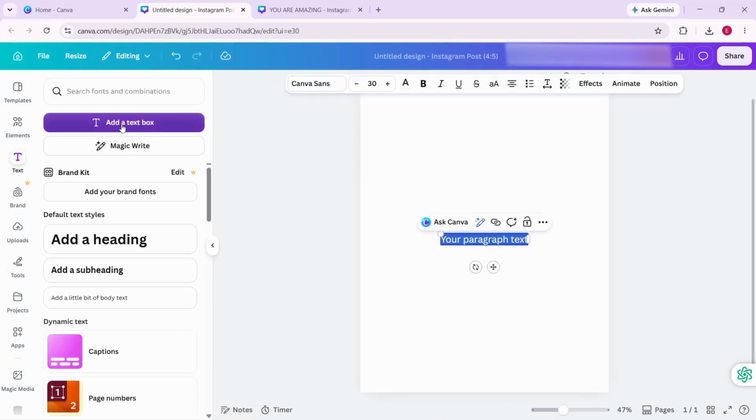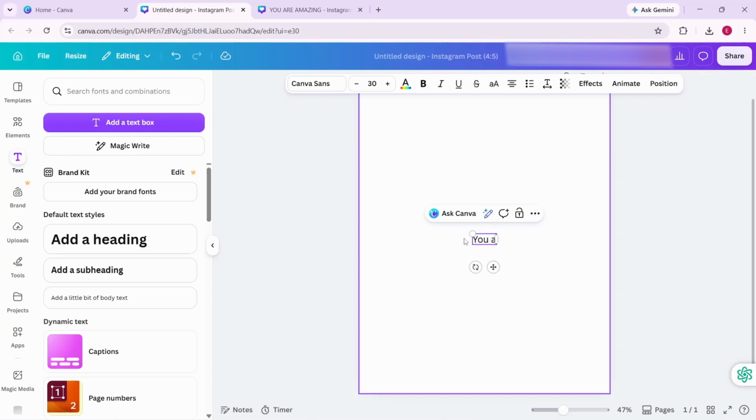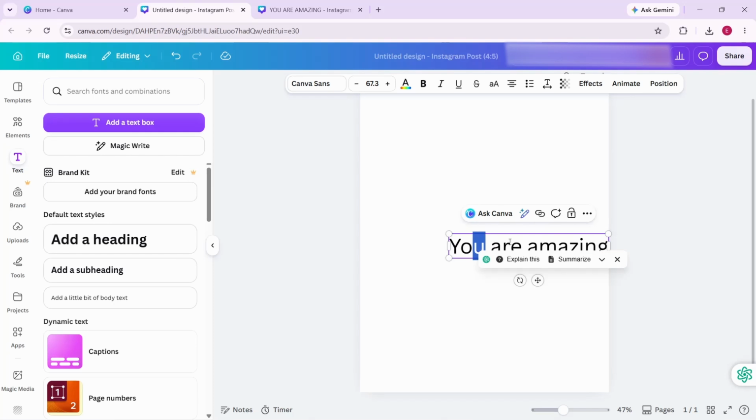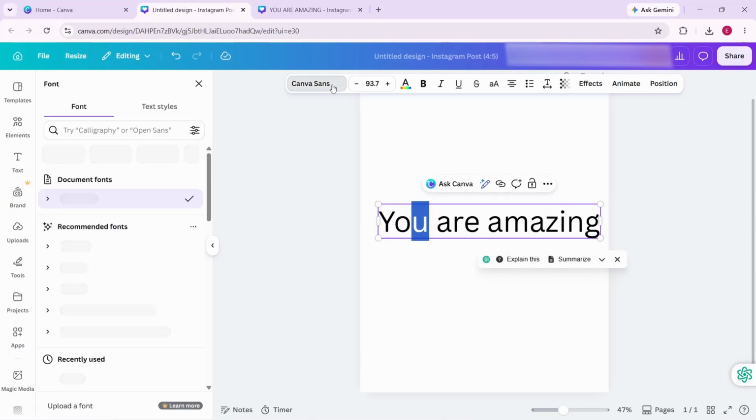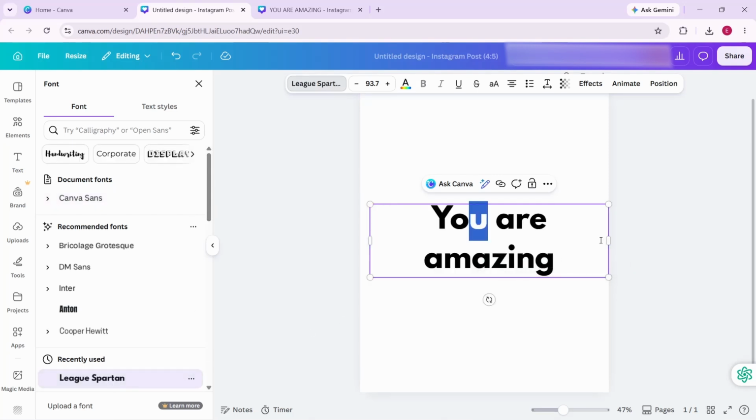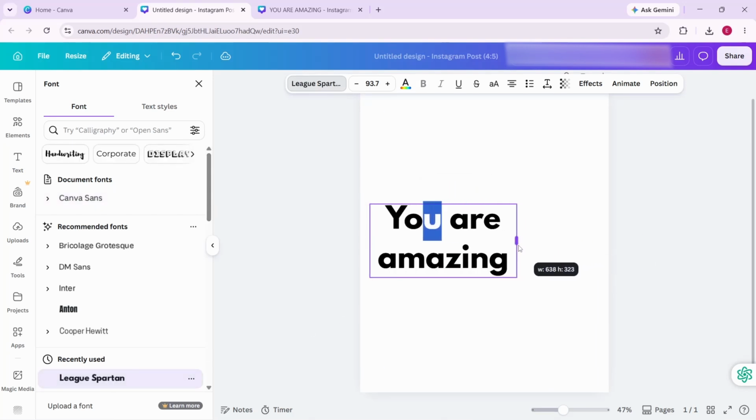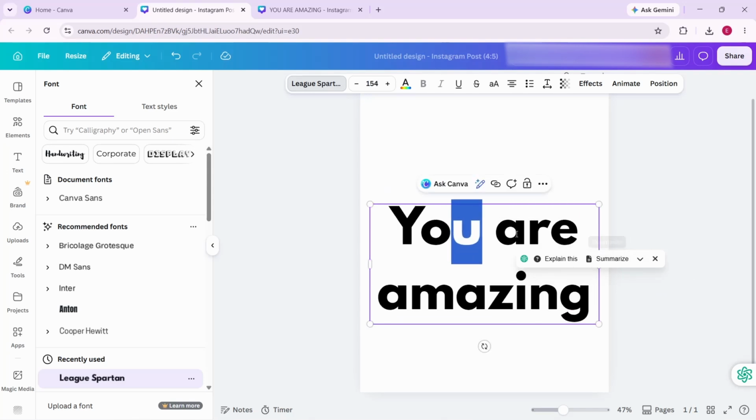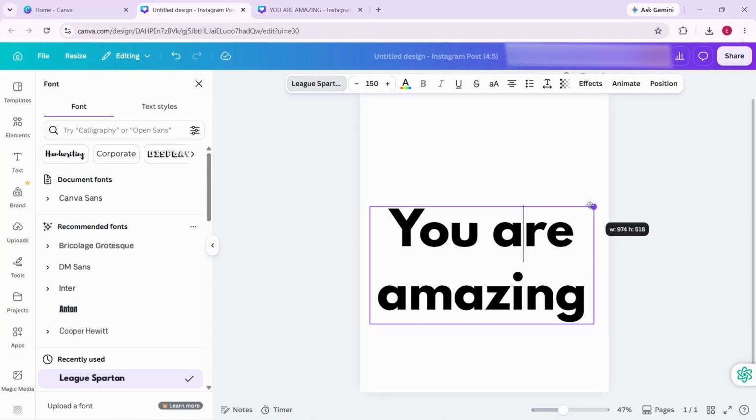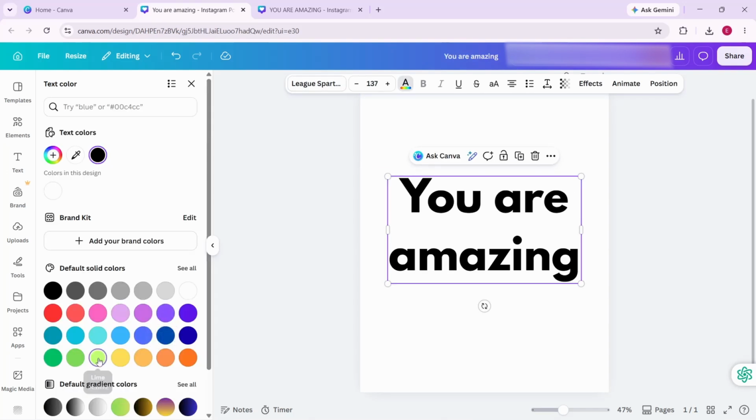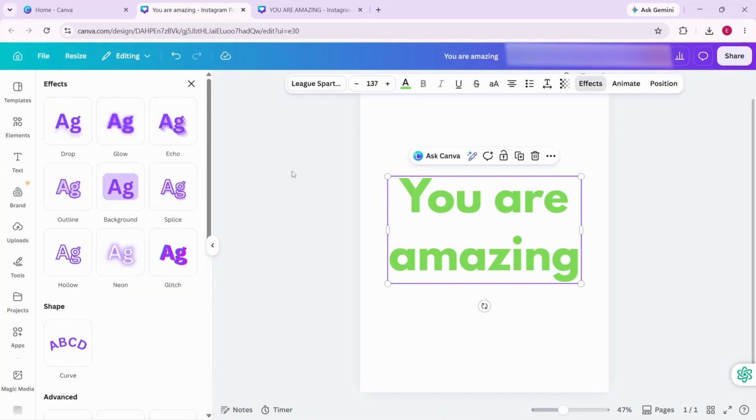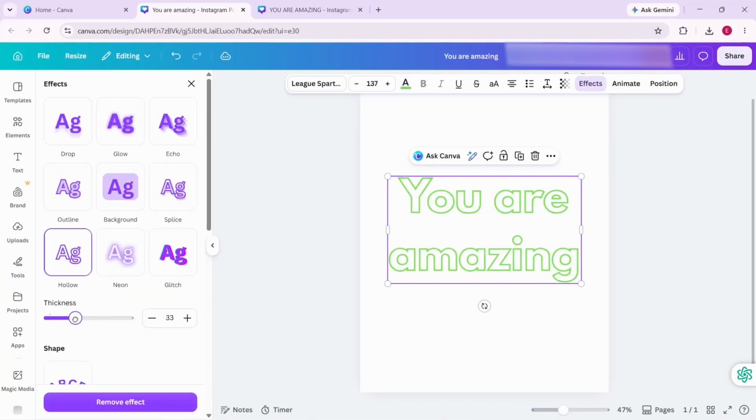So to begin, you go to text and then you will type whatever you want to type. This is for your Instagram posts or any other social media platform. Then the font I'm going to use is League's pattern. And you change the color, you add the effects,